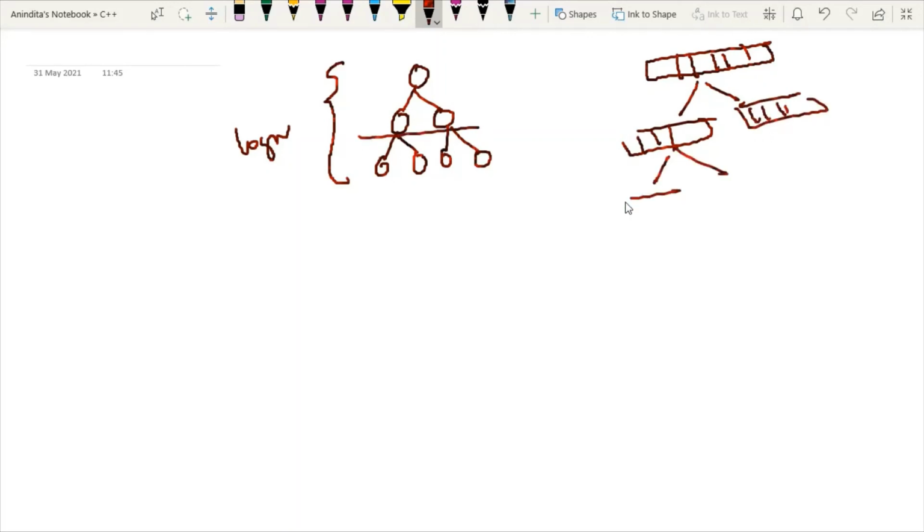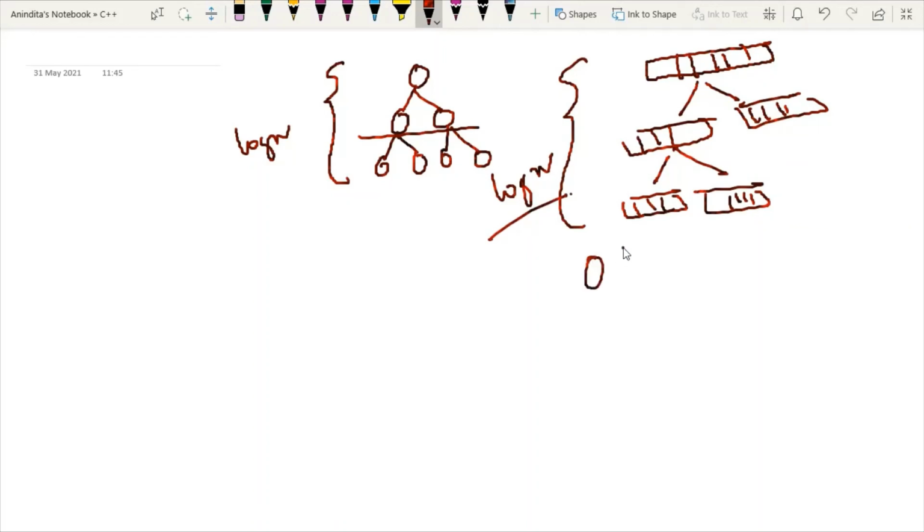Again, this will be divided into two parts. So this kind of division will basically create one tree. More precisely, it is creating one binary tree, and the height of the binary tree will be log n. So at that point of time, the complexity of this code will be order of log n. So for that reason, any program that depends on dividing the array into two halves and uses the recursive mechanism has this time complexity. So the time complexity of binary search will be order of log n.